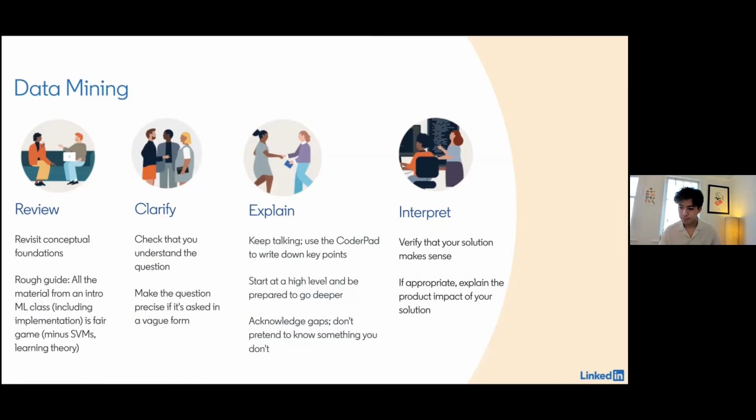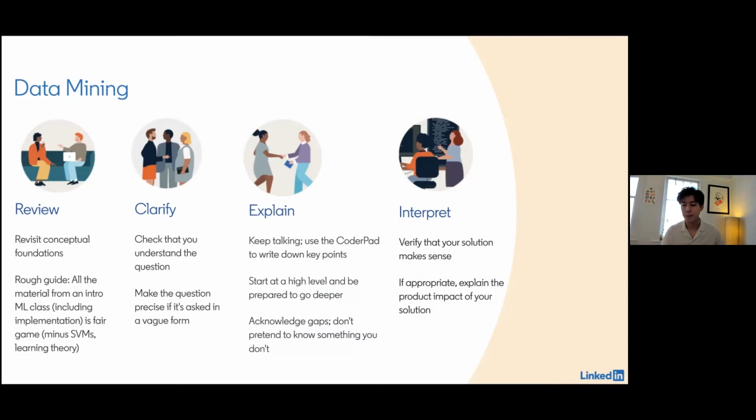And then finally, once you have a basic solution down or the skeleton of a solution, if it makes sense to do so, verify that your solution is actually solving the problem at hand. And if you're answering a design problem, then it's always a good idea to contextualize your solution in the context of the givens of the design problem, right?